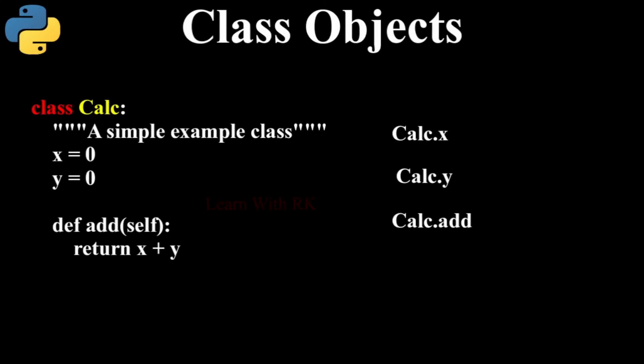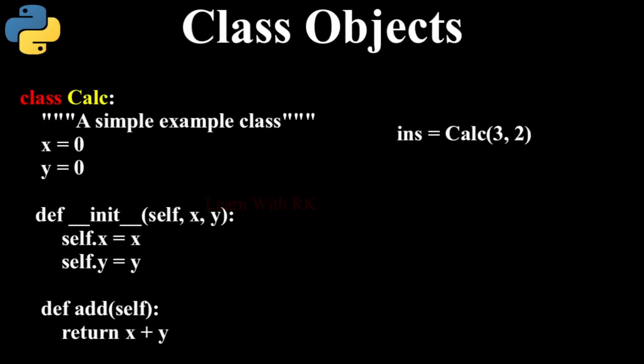returns a function object. Class instantiation uses function notation. Just pretend that the class object is a parameterless function that returns a new instance of the class. For example, on the screen, I have created an instance for the class calc and I have assigned that object to the ins variable. But many classes like to create the objects with some initial state or populating the attributes